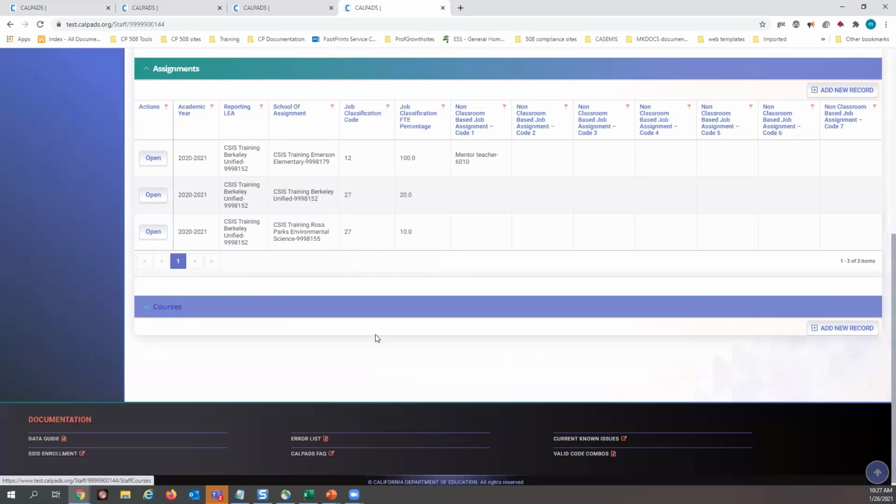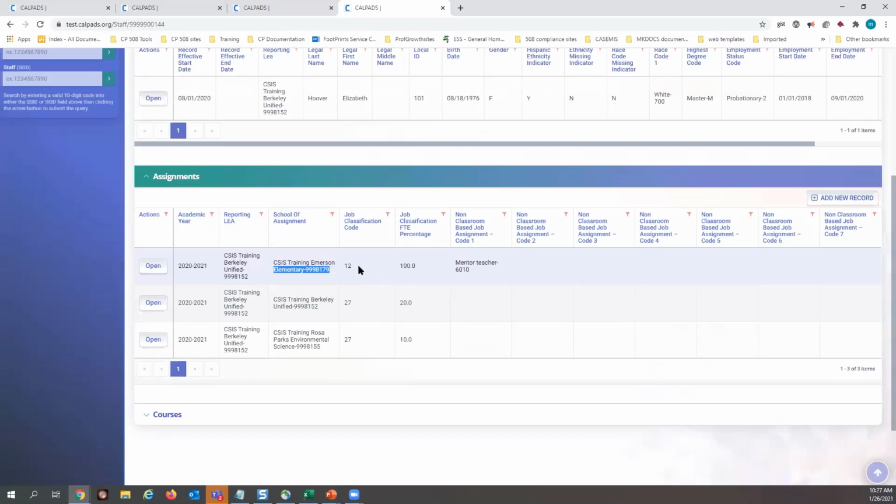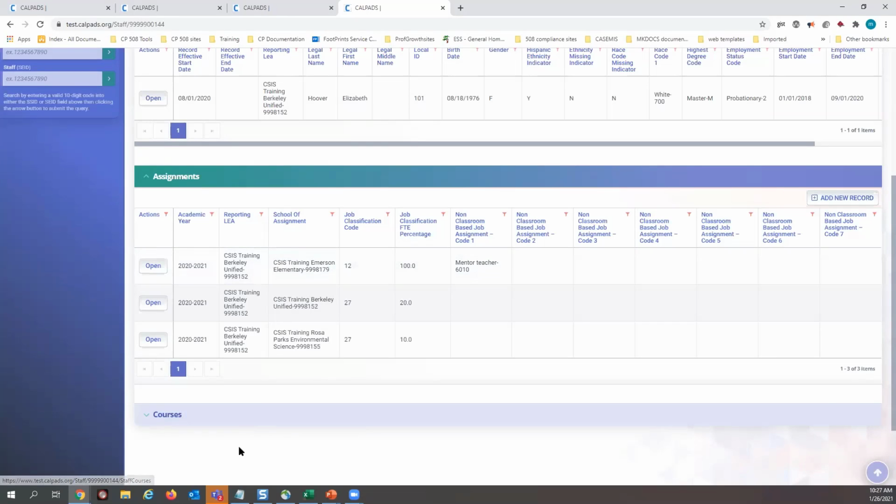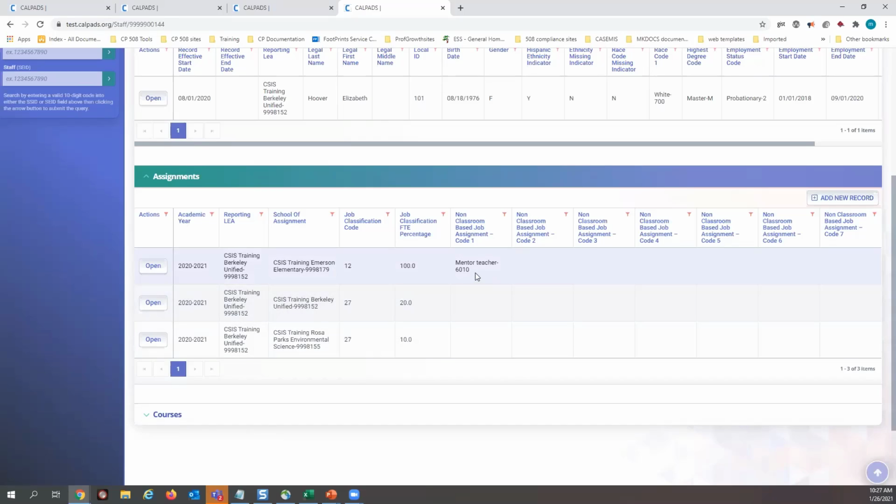So let's just say this teacher is a regular teacher at Emerson Elementary and assigned to a class. So you can report a 12 and assign the teacher to a class. And you can still report a non-classroom job-based assignment code on top of that. Okay? So 12, you have a class, and you can report a non-classroom job-based assignment code.